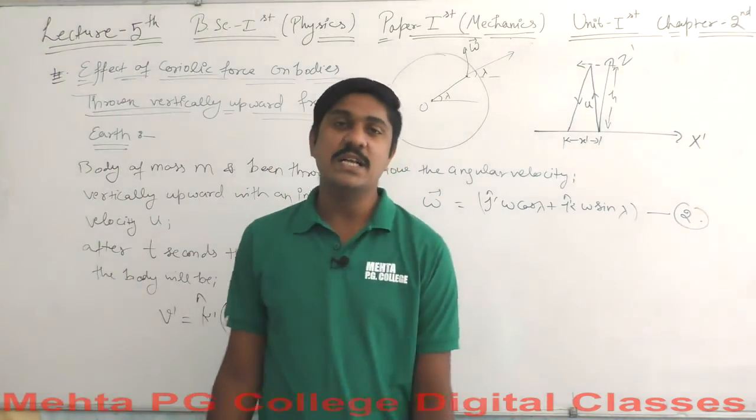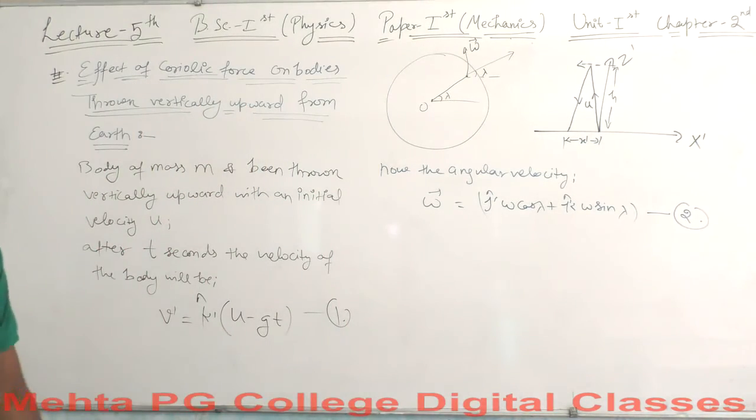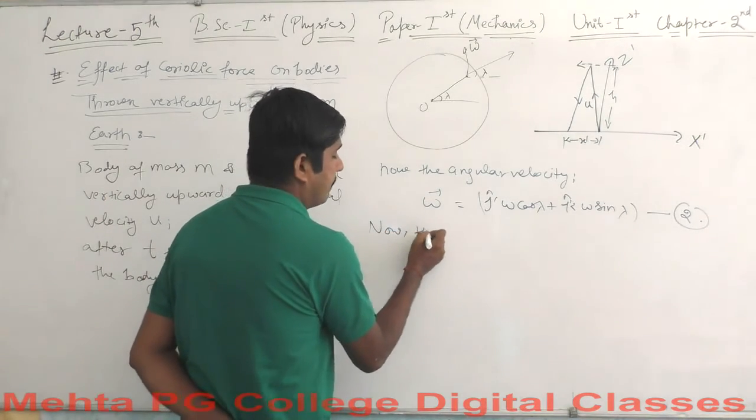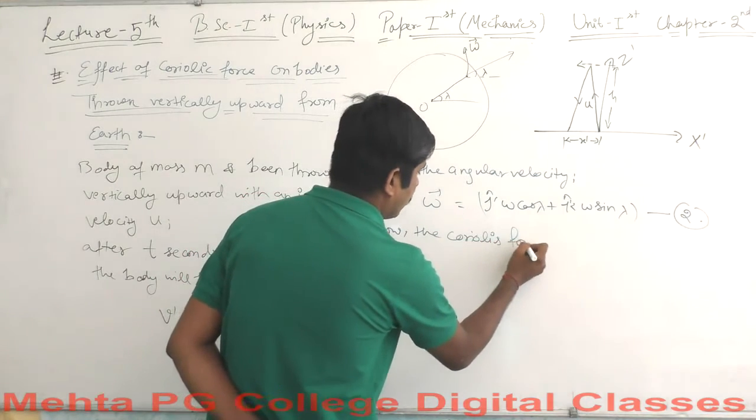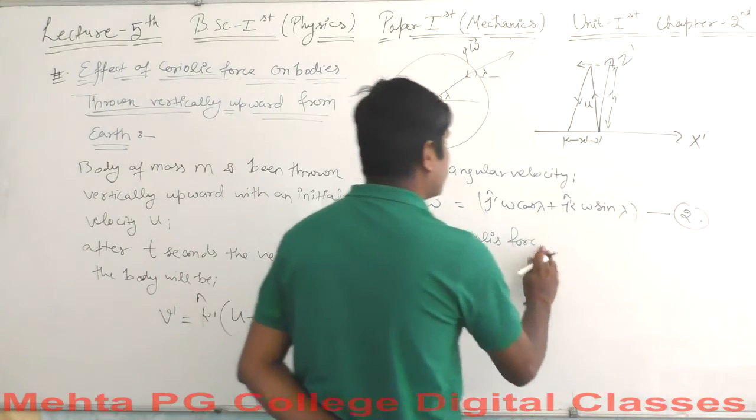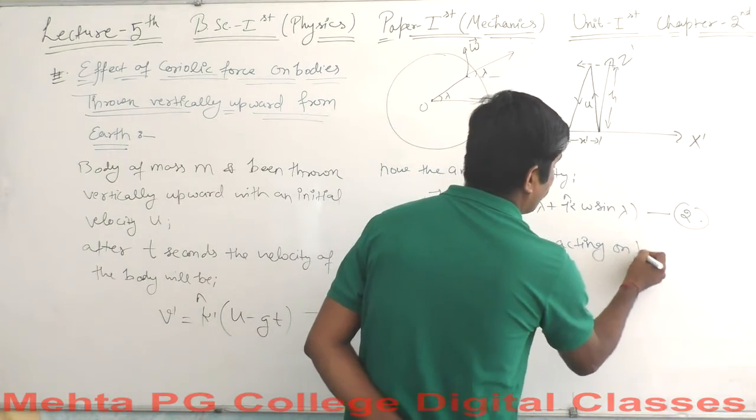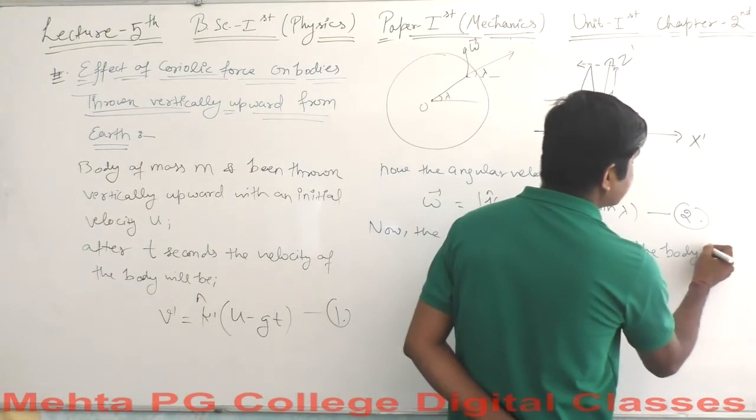We need both of these equations because we are going to talk about the concept of Coriolis force again. So using the Coriolis force, which is Fc, equal to minus 2 omega cross V. So let's talk about the Coriolis force acting on the body. Now the Coriolis force acting on the body is